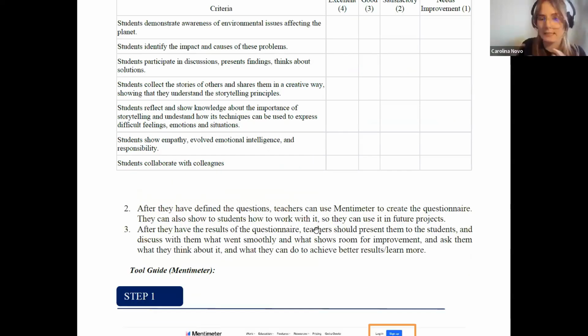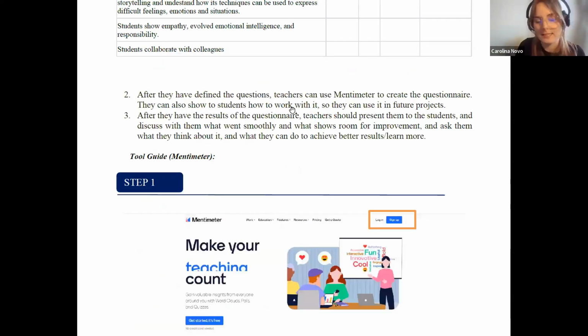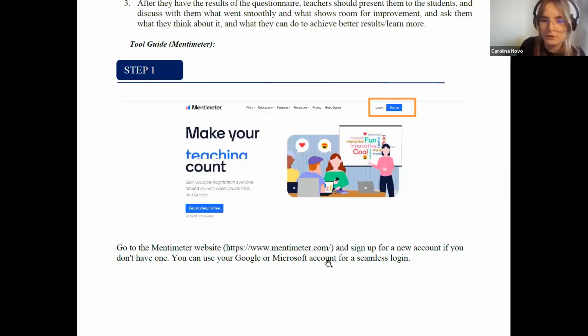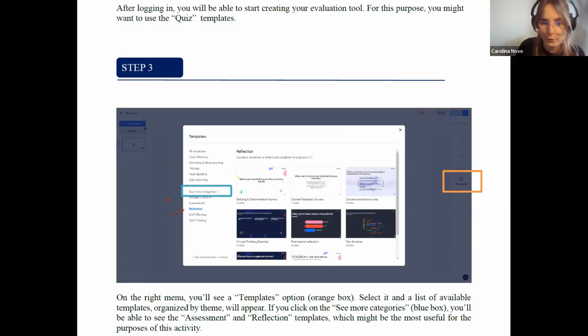And then if they want to make it a little bit more interactive, they can use this tool, Mentimeter, which lets them make interactive quizzes and polls and surveys, so they can be evaluated in a more fun way.